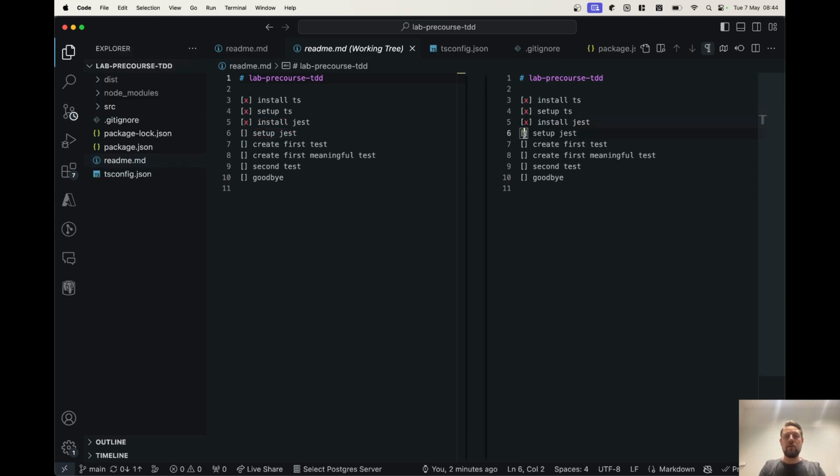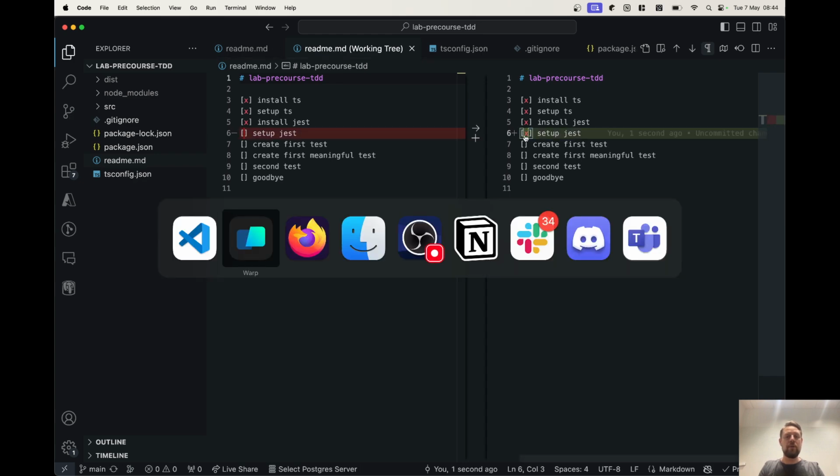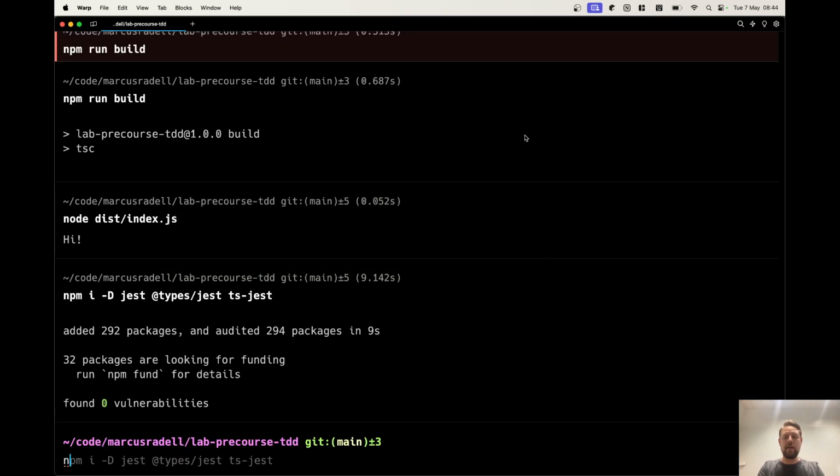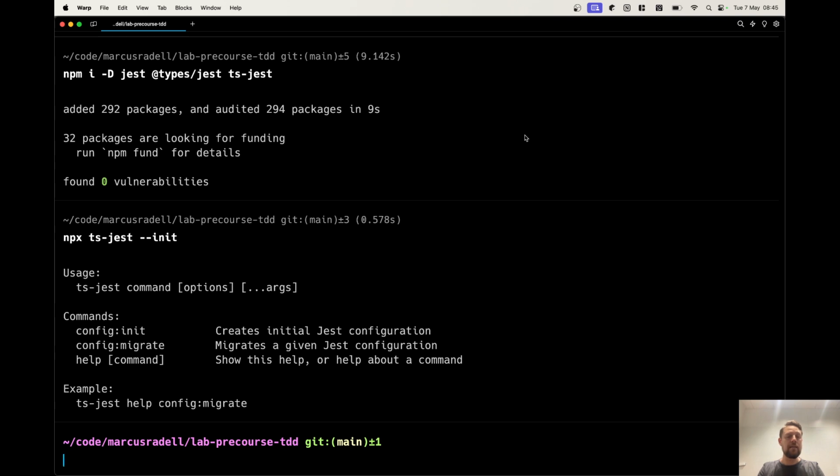Now we're starting with the setup. To set it up, we use npx ts-jest. And you can see in my autocomplete that it's config:init, and that's the right one. But I said by convention that it's usually --init. And if I do that,